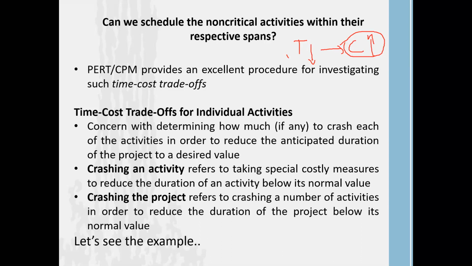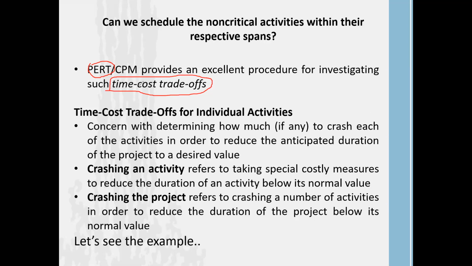Here we are taking the concept called time cost trade-off for individual activities. That is what we call PERT. Now CPM we already completed. Now this is your PERT. Actually in PERT, we use the time cost trade-off method to find out how to fulfill the project within less time than our critical path, right? Critical path is the longest path. Now you know it, right?